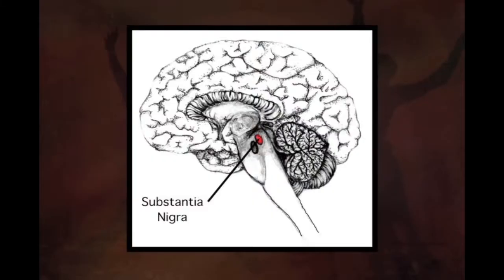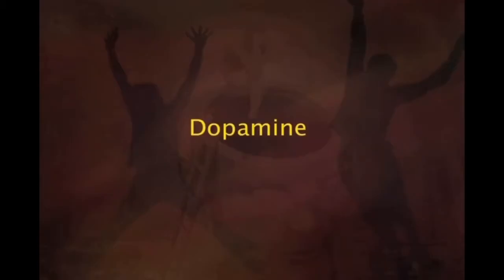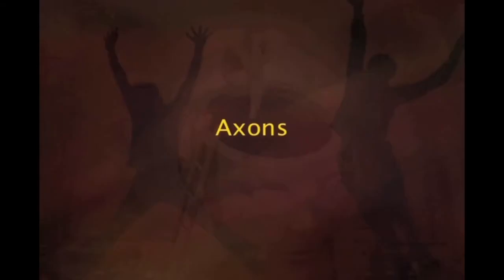So far we have discussed various symptoms of Parkinson's disease. Let us also have a brief look at the causes leading to Parkinson's disease. The primary area of the brain that is affected in Parkinson's disease is the substantia nigra. It contains a specialized set of neurons which send signals in the form of a neurotransmitter called dopamine. The signals travel to the striatum via long fibers called axons. The activity of this pathway controls normal movements of the body.